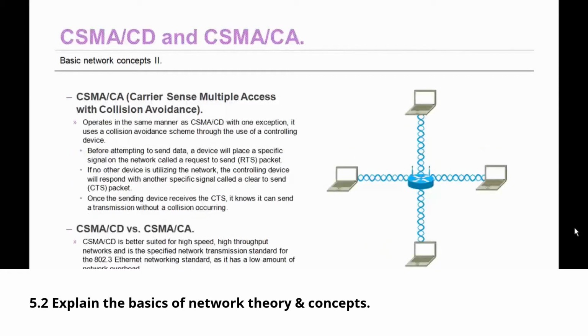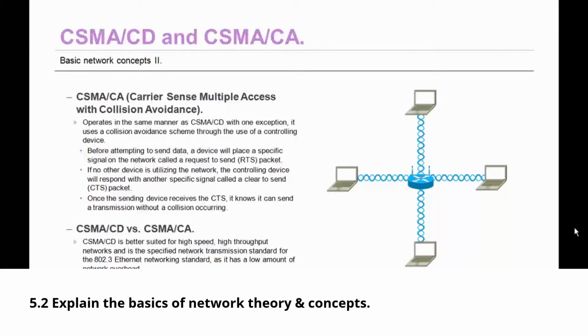Now let's talk about CSMA-CA, or Carrier Sense Multiple Access with Collision Avoidance. CSMA-CA operates in the same manner as CSMA-CD with one exception. It uses a collision avoidance scheme through the use of a controlling device. Before attempting to send data, a device will place a specific signal on the network called a request to send